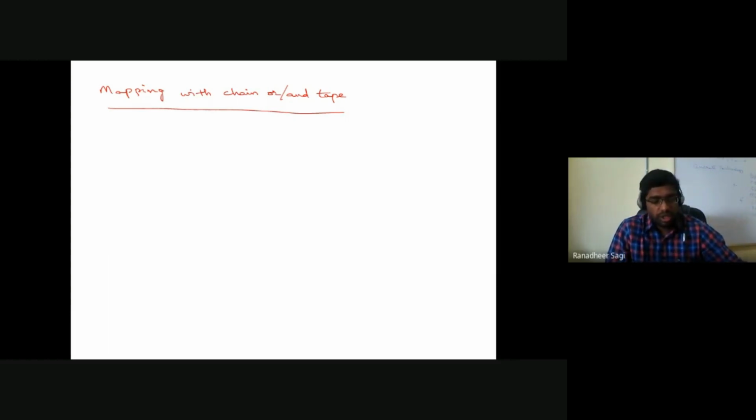It's not going to be so difficult for us, but however, we should have an idea of how we carry out this mapping work even with the help of simple chain and tape, because we may not always have advanced equipment available with us while we are carrying out the survey. So with the simple basic instruments which are available, the typical chain and tape, how do we carry out the complete mapping of a particular area we are trying to look at?